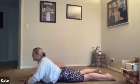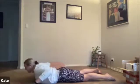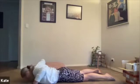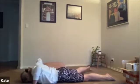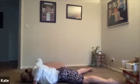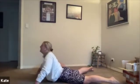Pressing into the palms, lift the elbows, dropping the chest down to the mat. Taking our hands out to our left and right sides, coming up onto our fingertips. Dropping our forehead down to the mat, elbows raised up towards the ceiling. We're going to separate our legs so that they're out nice and wide. And then we're going to take a deep breath in, pressing into the fingertips, straightening through the arms, and then